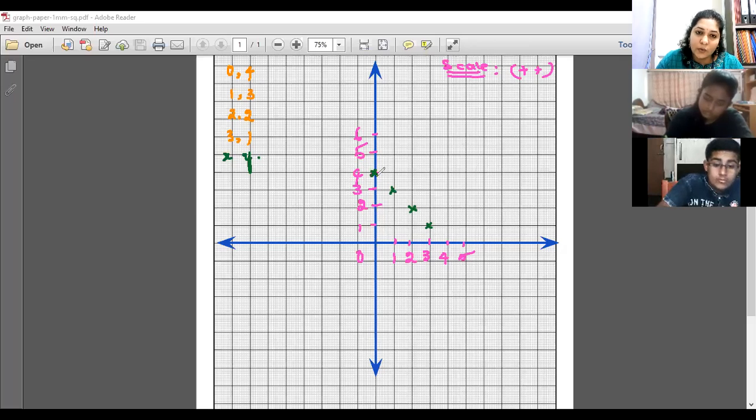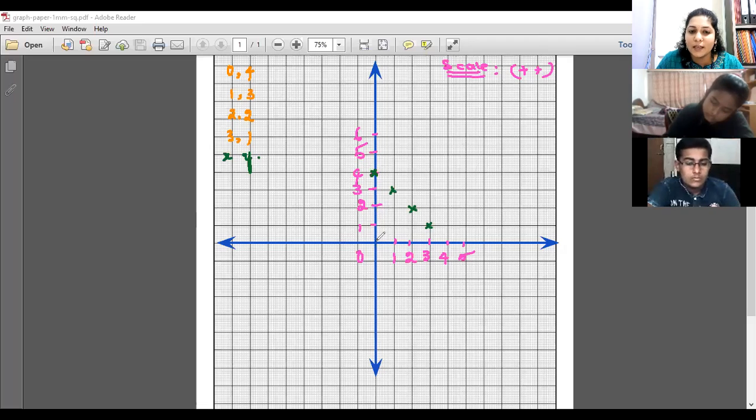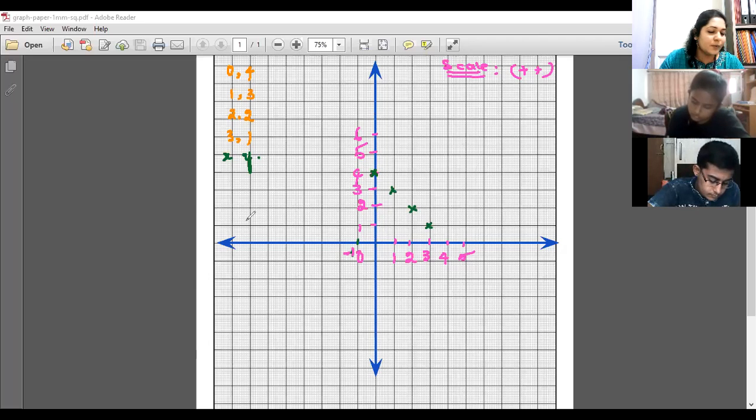Now say for instance, you want to go ahead and plot more points. So how to plot these points? You can substitute negative values of x, as Sakshi was mentioning. Say for instance, for your x being 0, we have 4 as the value of y. Now, what if your x is minus 1? Substitute x as minus 1 in the equation and tell me what your y value is. Anyone? Quickly, you should be able to tell. Your equation is simple: x plus y is equal to 4.